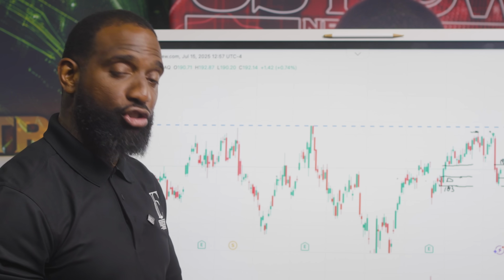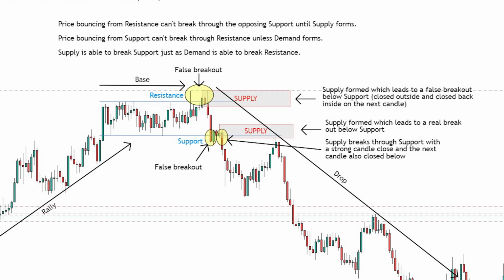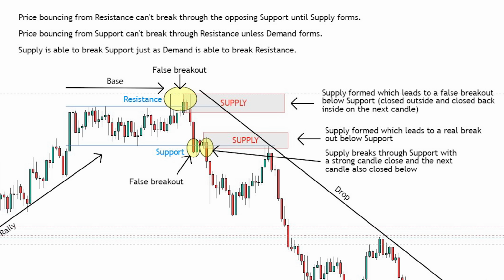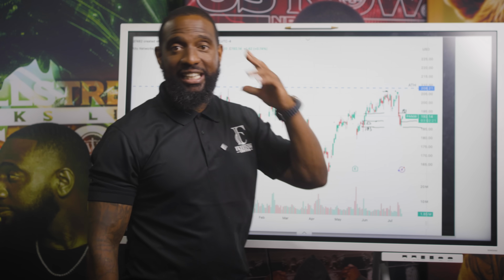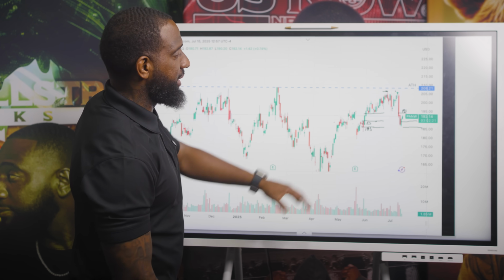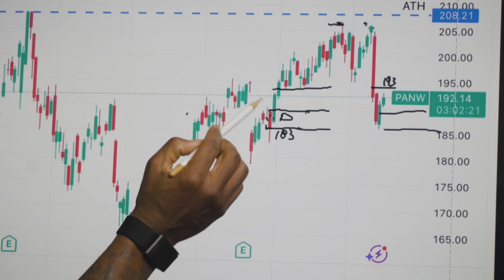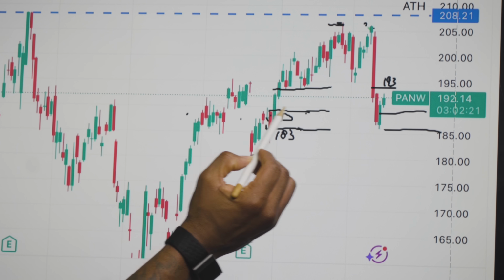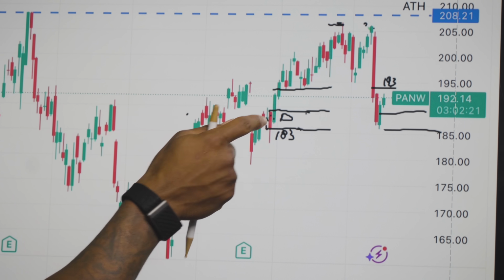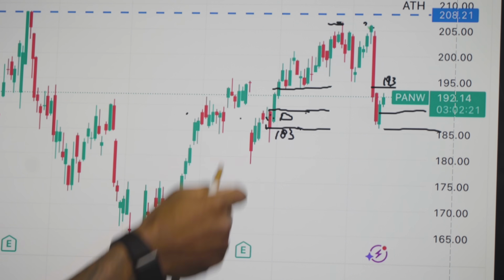For me, understanding supply and demand zones becomes essential. So three things that I really look at are market structure, supply and demand zones, and support and resistance, right? Because I don't want us to get jammed up. I want us to understand the psychology of the game. So walk with me right here. We have this candle here. Now, this candle becomes the demand zone. Why? Because it's the candle before the big impulsive move.